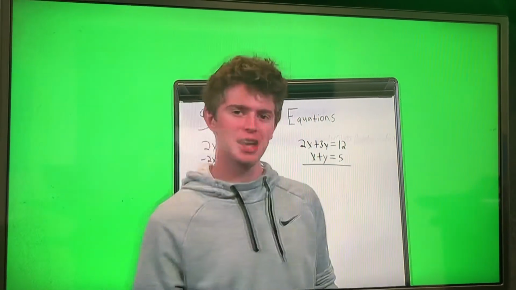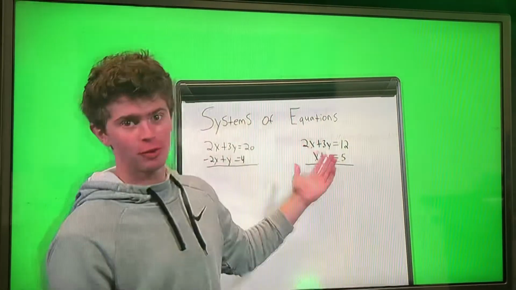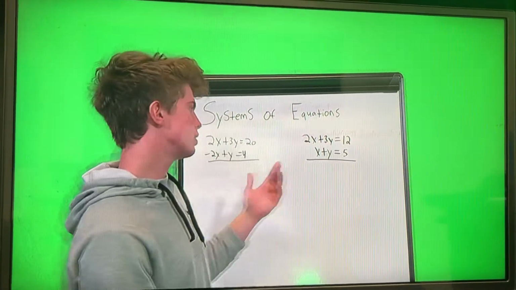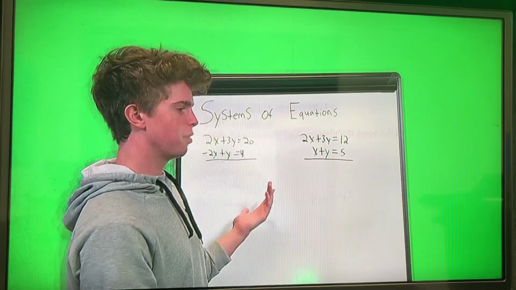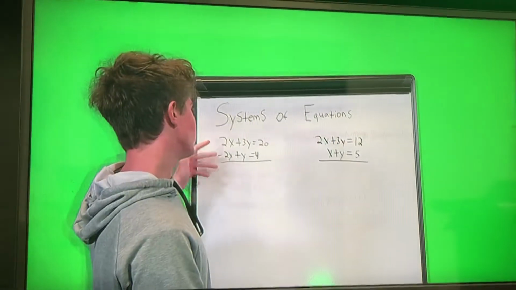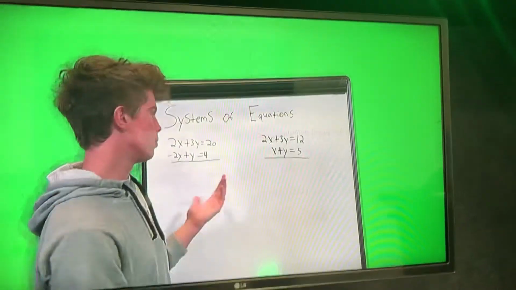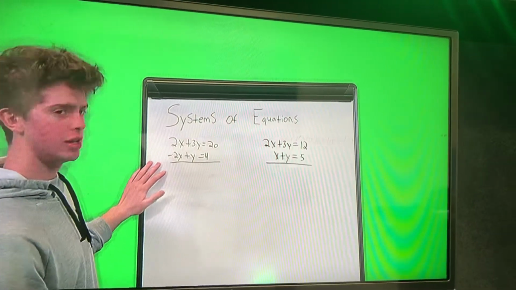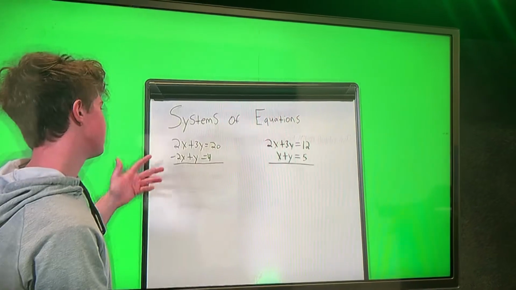Okay, so today we're going to talk about systems of equations. There are two most common ways to solve these, which is elimination and substitution. So basically, a system of equations is a set of two or more equations with the same set of unknown variables. So on the left side here, I'm going to start with elimination, and since we already have